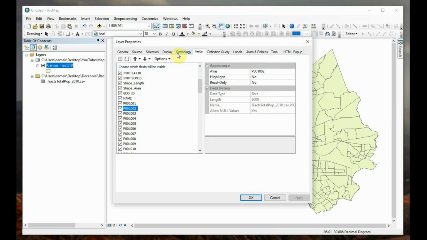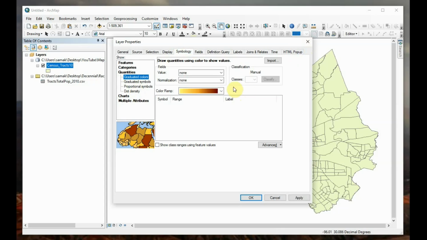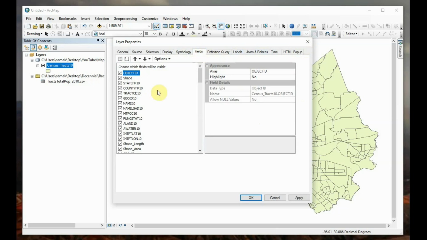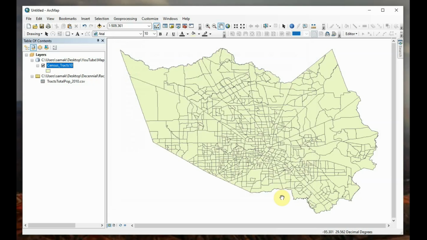And to be able to symbolize by quantities, you need a field that is numerical. Since we cannot change these fields here, to be able to do this, we are going to add a field to a table,